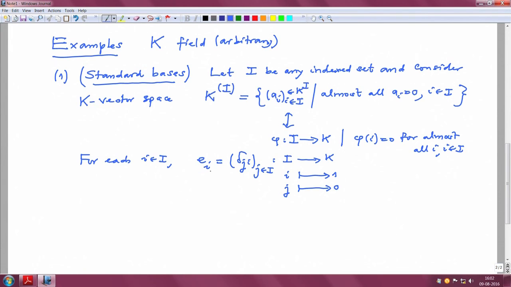Either you think of it as a tuple or as a map, it is clear by the definition of ei that only i goes to a non-zero entry. So, the ei are elements in this K power round bracket I,